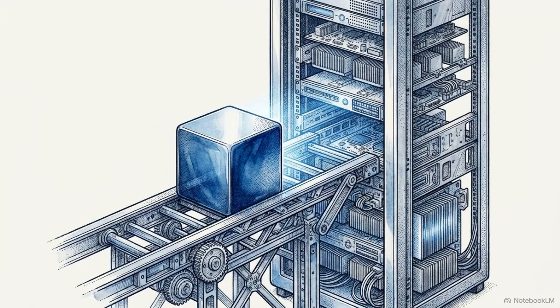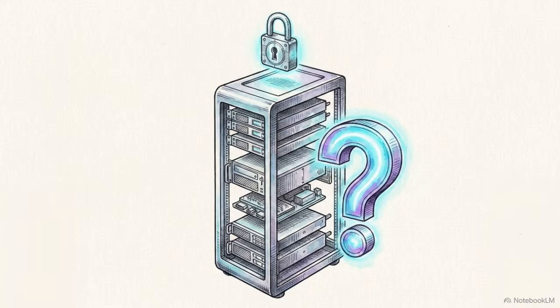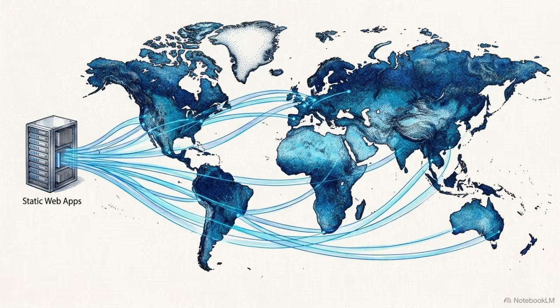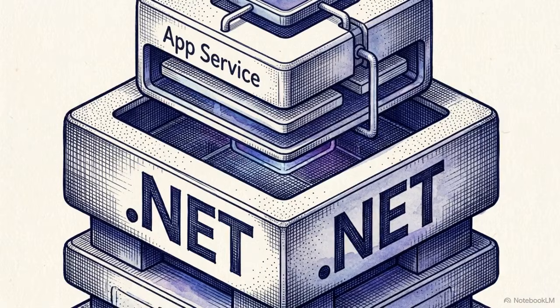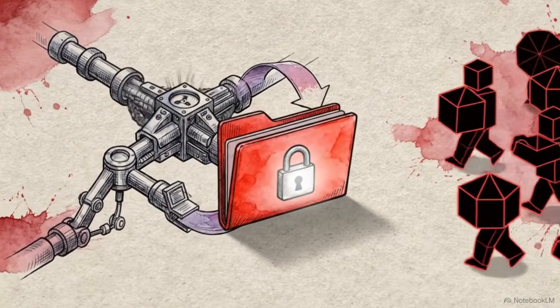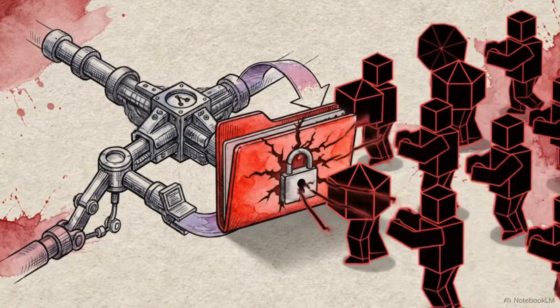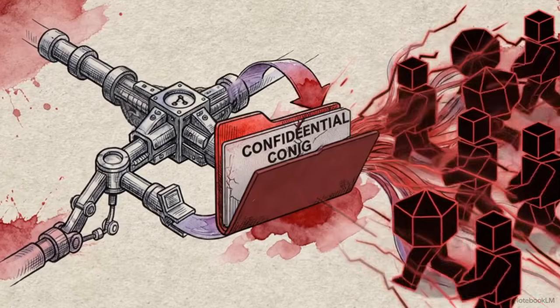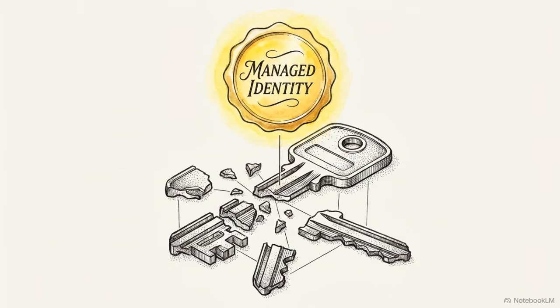Before the DTO can be returned, we have to address a hidden prerequisite in the infrastructure. How did the API securely obtain the database connection string in the first place? In our cloud setup, Azure Static Web Apps serves the compiled React frontend via a global CDN, while Azure App Service hosts the .NET API backend. If you commit a hard-coded production connection string to your source control inside appsettings.json, anyone with repository access can read